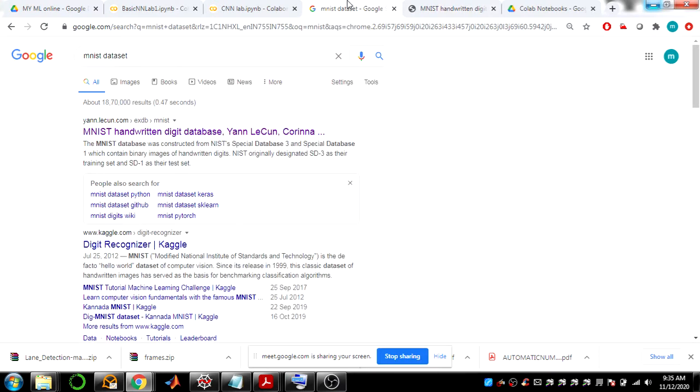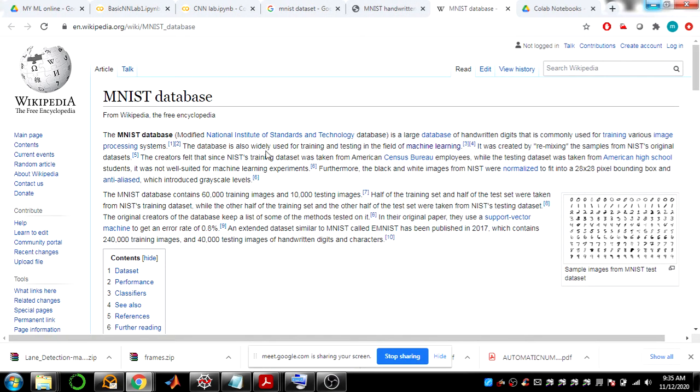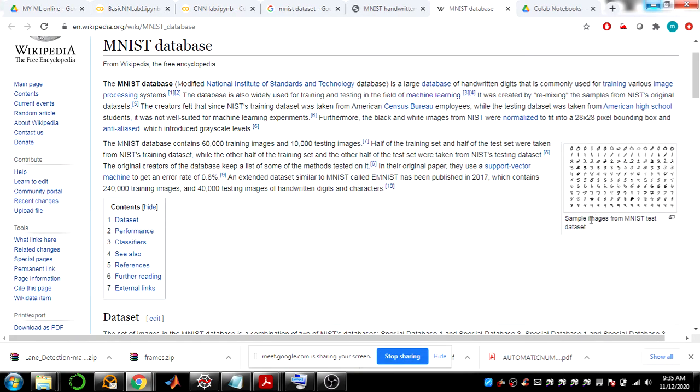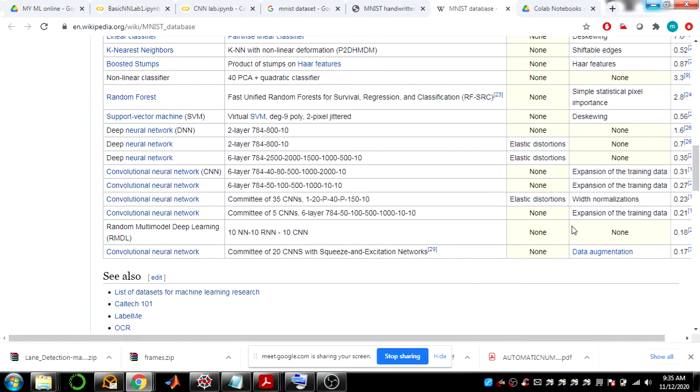Apart from handwritten digits, it provides various databases. MNIST stands for Modified National Institute of Standards and Technology database. It provides handwritten digits, and there are other datasets also available.